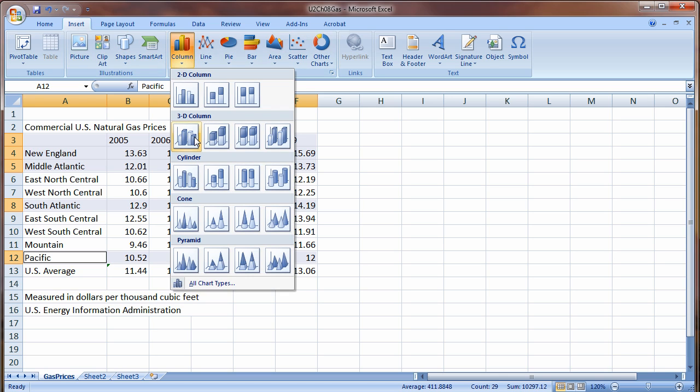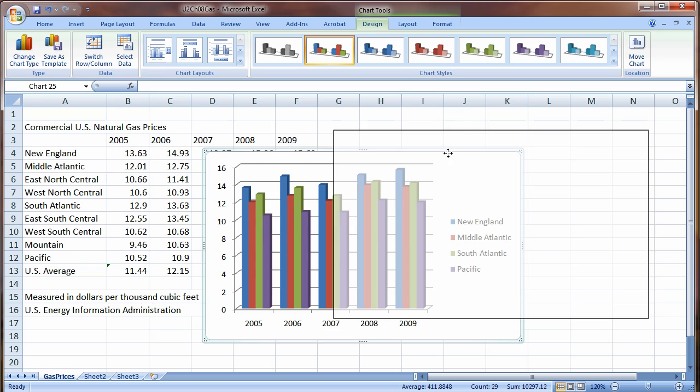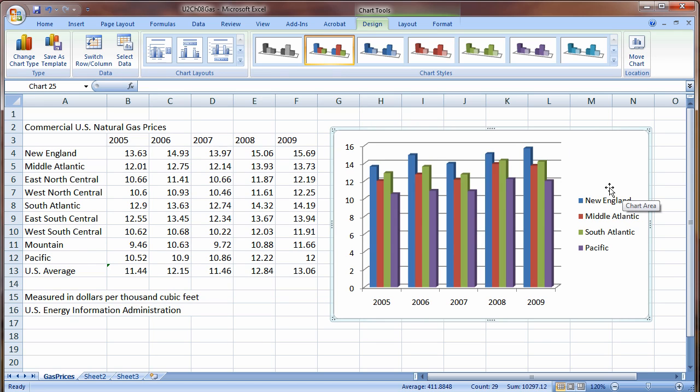We'll do another column chart so we see the same thing, 3D column. And now my chart is representing just the data I selected, New England, Mid-Atlantic, South Atlantic, and Pacific. So I'm comparing less data and creating a more accurate chart. Now let's say one of the things that a lot of times we want to do, and you can see it tells a different story. This time the years are grouped together, but we want to group